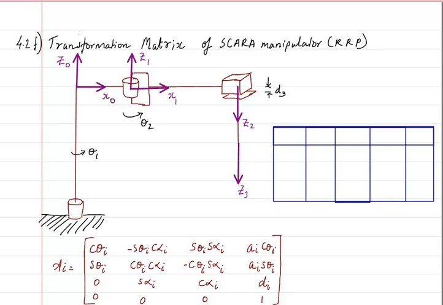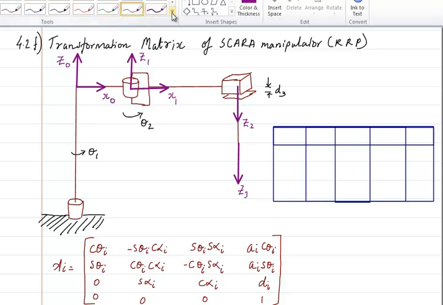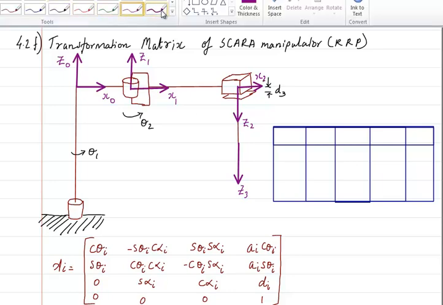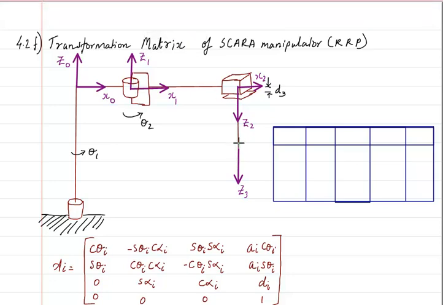We know that in the case of parallel Z axes, we try to draw the next X axis in the same direction as the previous one. So I will draw it here, and I will name that X2. Similarly, for the next one, the end effector, I will take it in the same direction. So this is going to be my X3. Now I have drawn all the 4 frames. Now I have to fill the link parameter table. So this is the link parameter table.